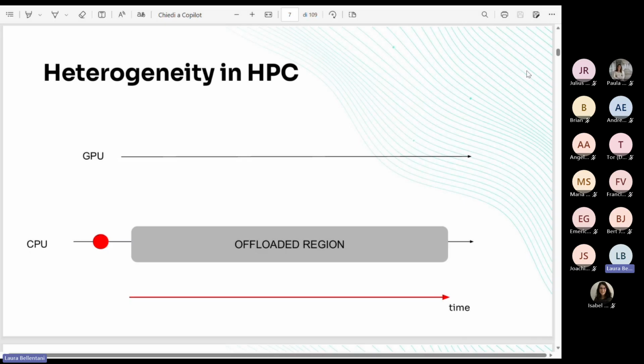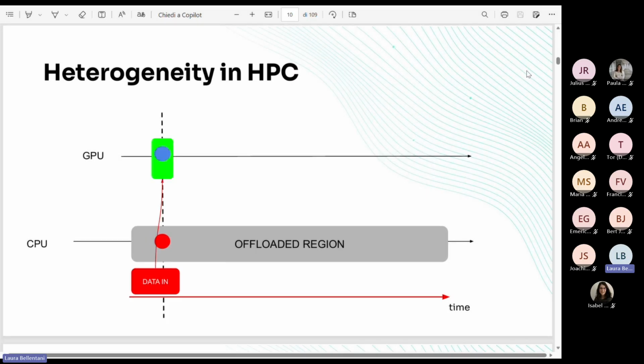And in particular here we have on the x-axis time and on the y-axis location of the different events, which are, let's say, happening during the program runtime. So on one line, we have the events on the CPU. On the other line, we have the events on the GPU. So the program starts on the CPU. Then at a certain point, it enters an offloaded region. Then we need to push the data from the CPU to the GPU in order to operate on such data on the GPU side. Then we also need to launch the operation to be done on the GPU.